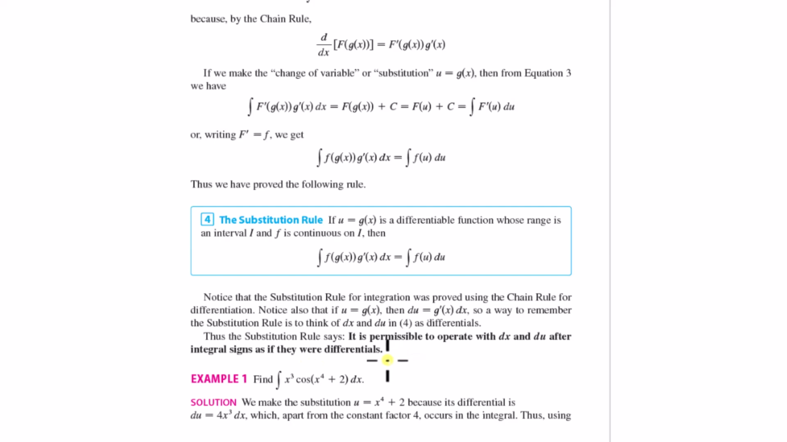So, I'm going to do the best I can to try and translate what they're saying. To me, they're kind of dancing around the issue here. Everyone, in my opinion, has questions about how do we view this in integrals, the dx, and how do we view in derivatives dy over dx. It's saying here that the substitution rule tells us that it is permissible to operate with dx and du after integral signs as if they were differentials. So to me, it's treating dx and du like